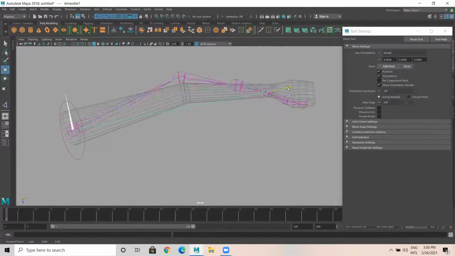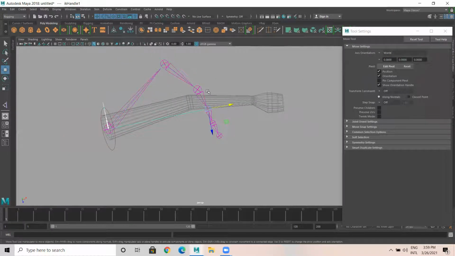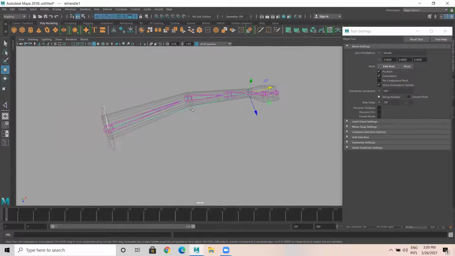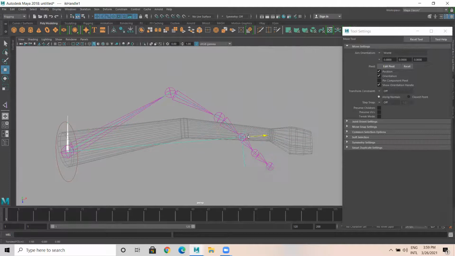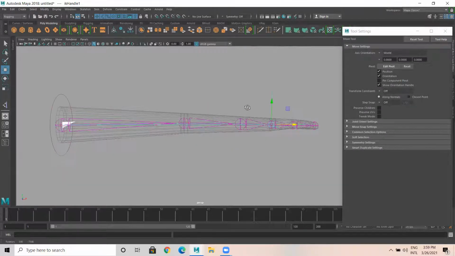Now if you see, if I move this, automatically it goes like this, and you get a bend here. You get a bend in the elbow part and you get a bend in the forearm part. That we can avoid. The bend in the forearm part, we definitely need to avoid. Now see, you are getting an output like this, right? When you do this position, Control Z, go back to this position again.